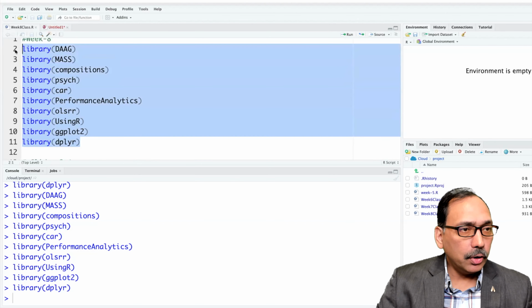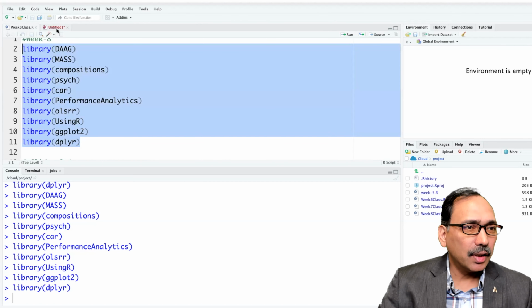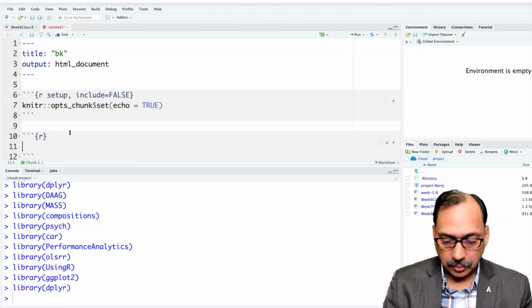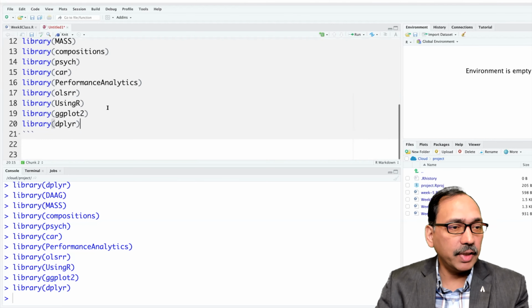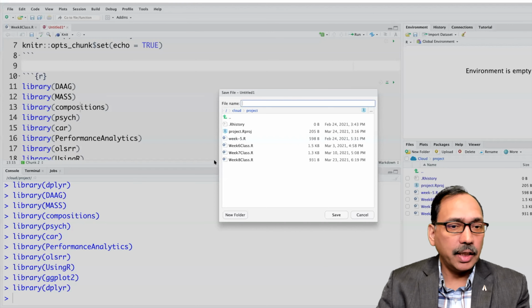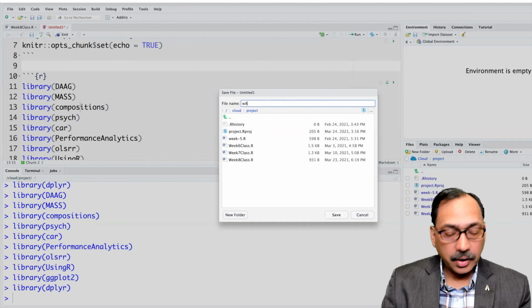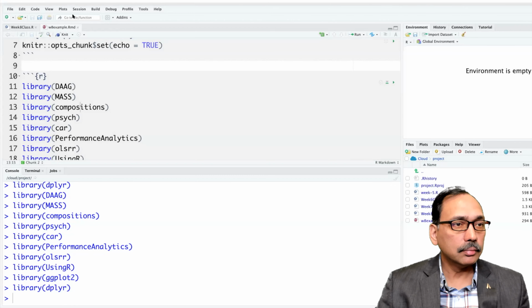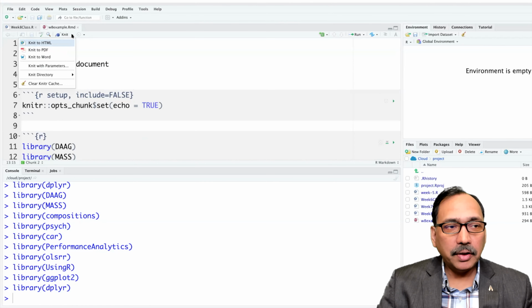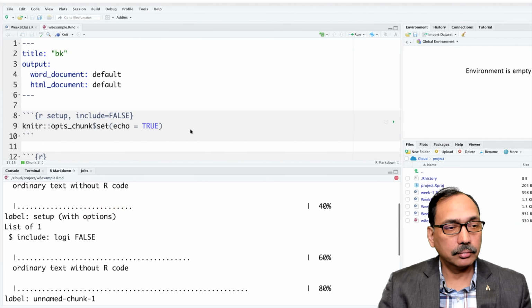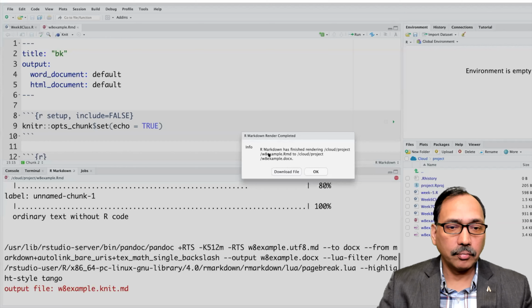So if I want to use these libraries in R Markdown, just copy and paste everything in a chunk, and let me give this a name. So save as week 8 example. And now if I simply want to knit this to a Word file, and then download this file.